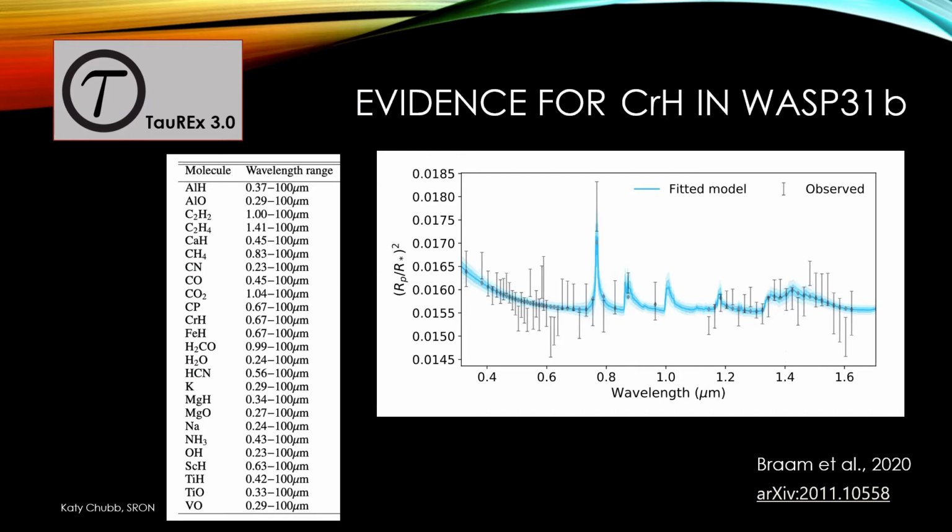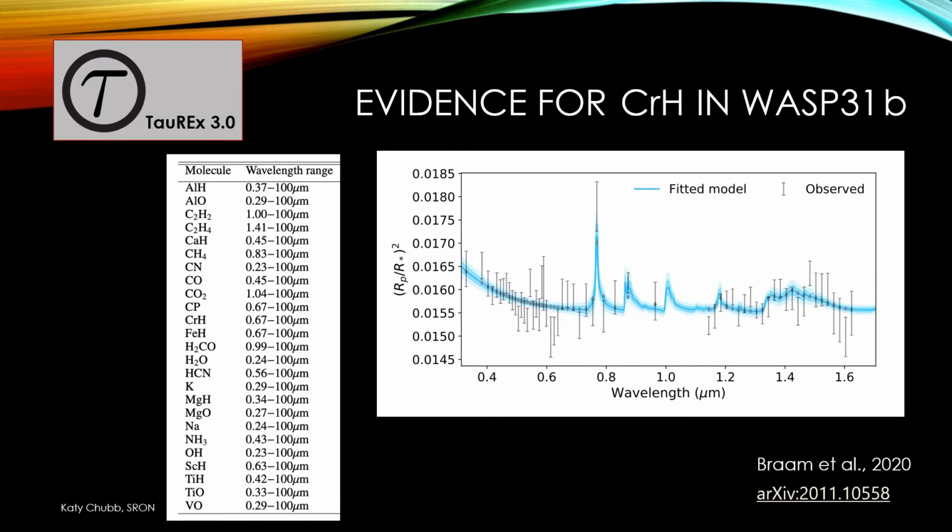So I was also part of a team led by Marek Bram, who is now a PhD student at Edinburgh University. He led a similar systematic retrieval analysis, this time of WASP-31b Hubble transmission spectra. And this extends down into the visible using the TauREx retrieval code. And again, using a systematic analysis to search for any species with absorption features in this region, we found that